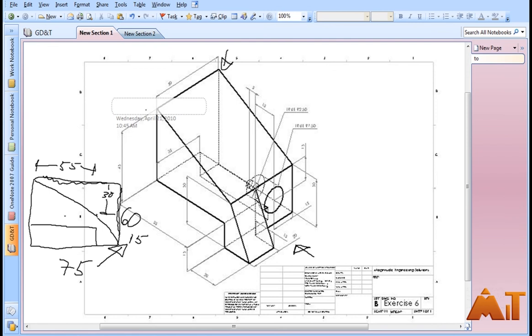Now, one hole is 7.5 in diameter, and the other hole is 2.5. If we look at it, the positioning of the hole is right in the center of this line here. Because it's a 7.5 radius, it's going to be 7.5 down and across, and then this one will be 2.5 down and across. What we have to do now is just determine how far laterally going across this goes. So we can see that we have